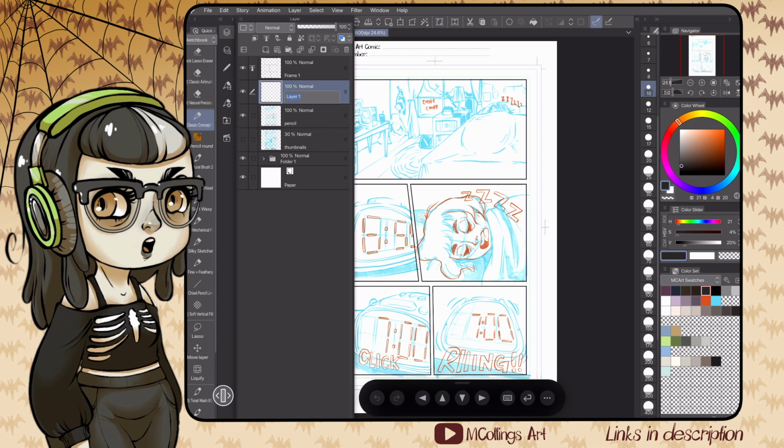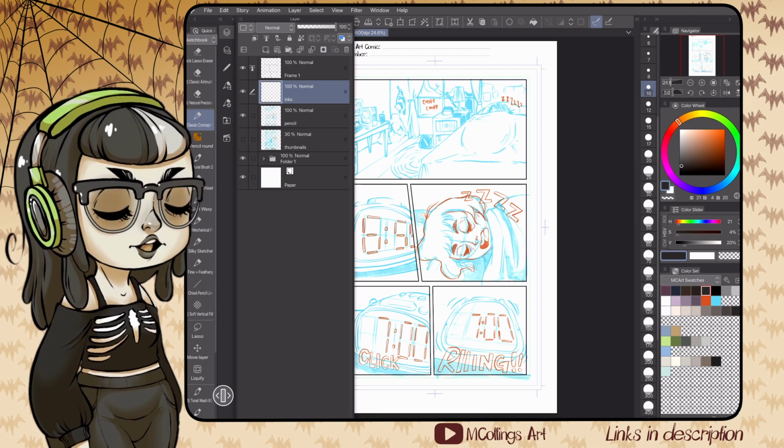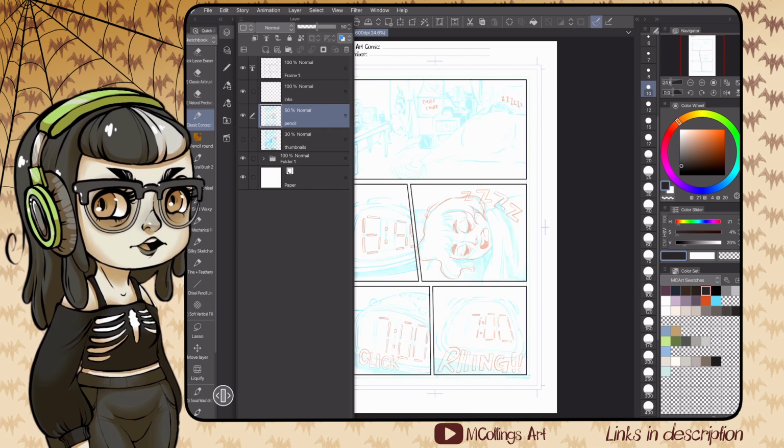I prefer to ink with my pencils at 50%. It works really well for me because of the blue and the red that I tend to pencil in. If you're penciling in something darker, more towards the bottom of the color wheel, you might need to go a little bit lighter than 50% just to get it so you can see really easily which lines have been inked